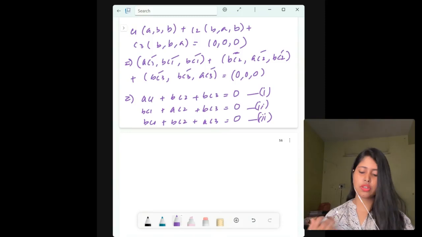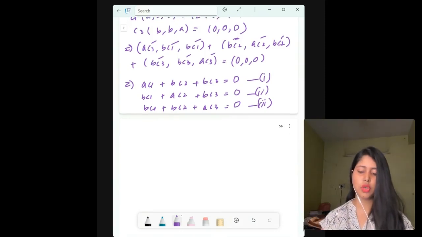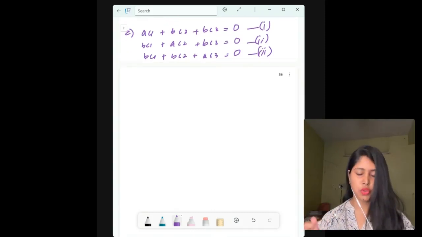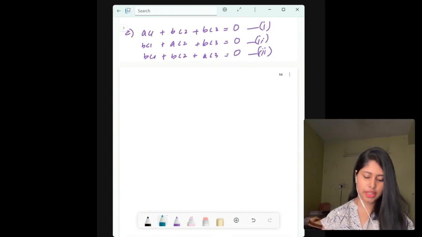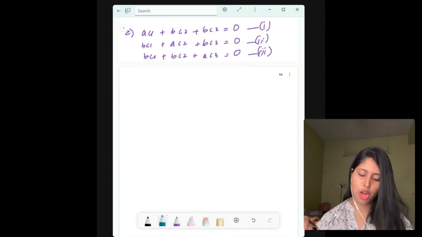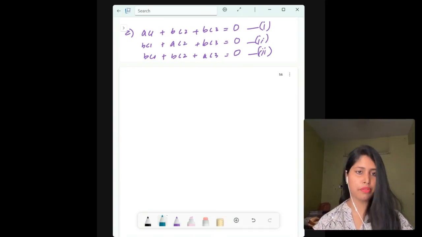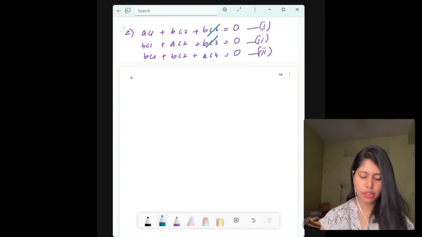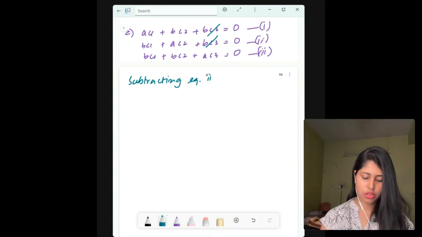Okay, so now as you can see, if you need to solve these equations, you have to look for each relation. This is where things will get cancelled down and the calculation will get easier. So as I can see, if you do subtraction, subtracting equation number 2 from 1, then you will get benefit. Why? Because BC3 and BC3 will get cancelled. So let me write first,